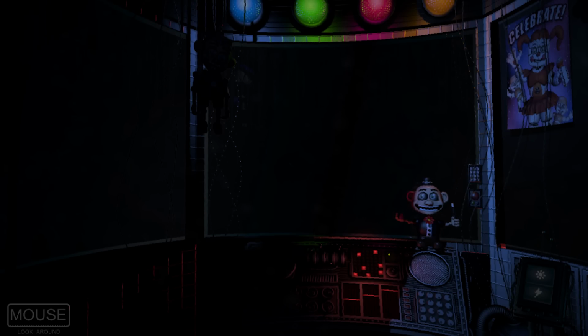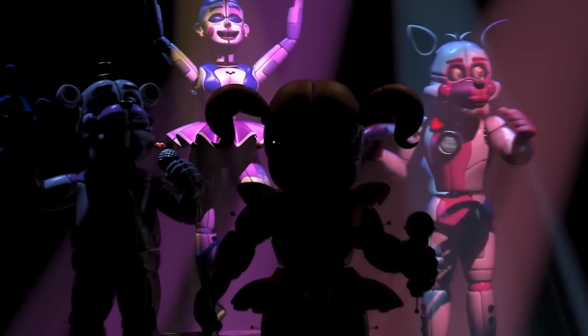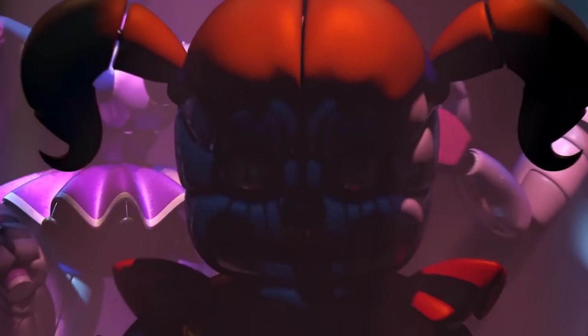Now, besides that, we have one final image, which is simply the Steam cover art for the game, which is just Funtime Freddy and some balloons behind him, and it says Sister Location on it. Now, besides that, let's get into the release date for the game, which is going to be